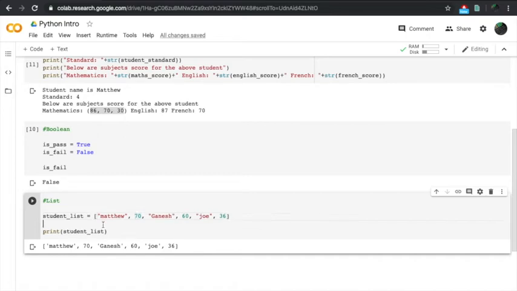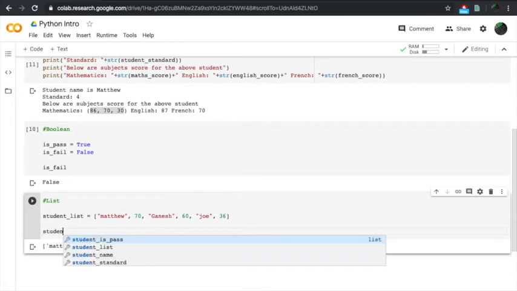So we have another data type which is called a dictionary. What a dictionary does is it has a key which will hold some value, and those two are related. So when we ask Python what is the value this key holds, it will always give us this value. Whereas in a list, if we ask for Matthew, we will not be able to infer that 70 is for Matthew. So what we can do is we can create a dictionary with, suppose, student score,